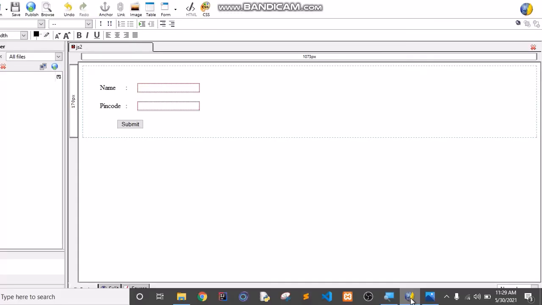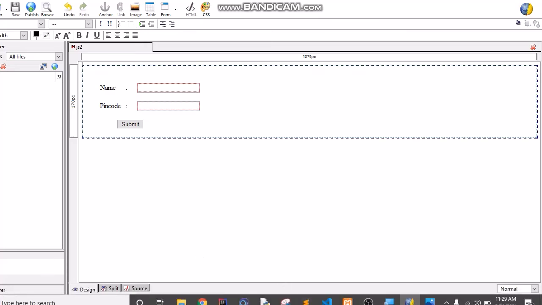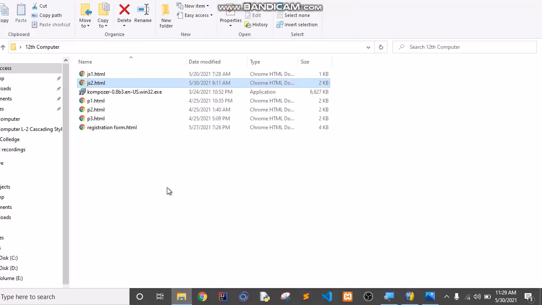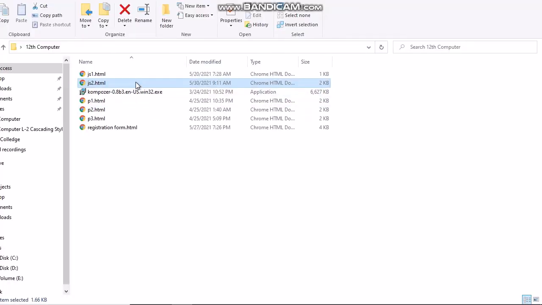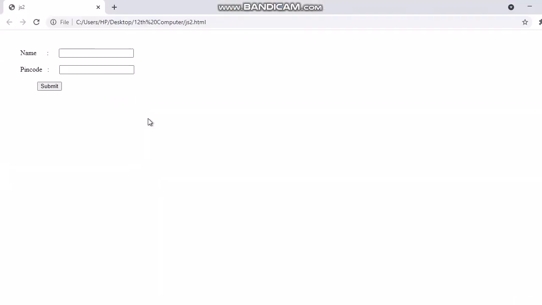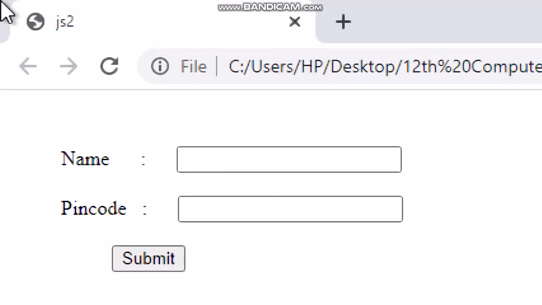Now let us execute this file in the browser. First, save this file by pressing Ctrl S. Click on js2.html. Now keep the name field blank.